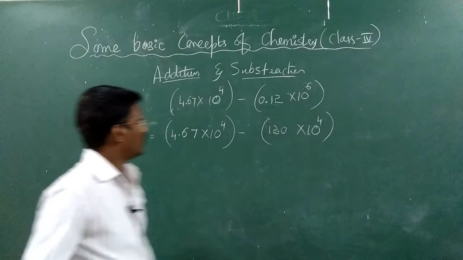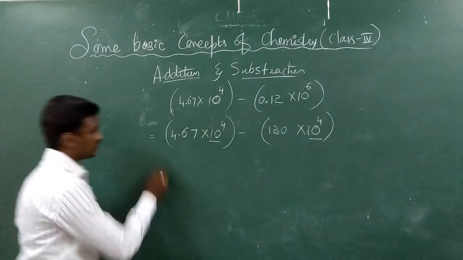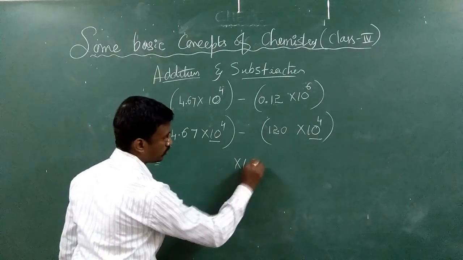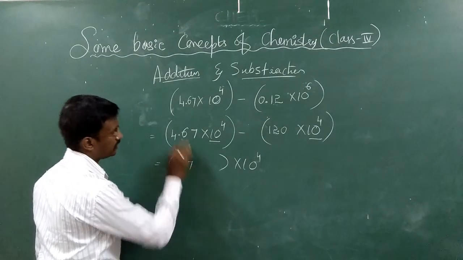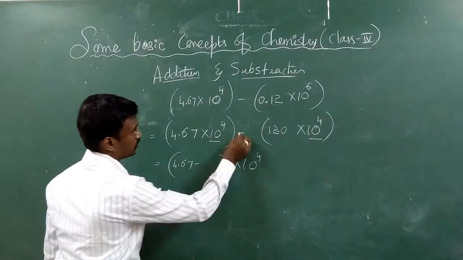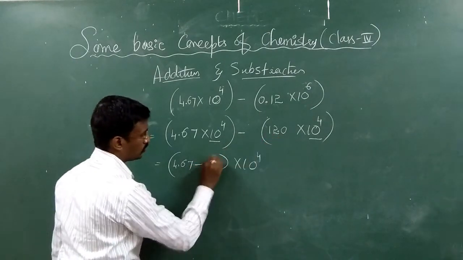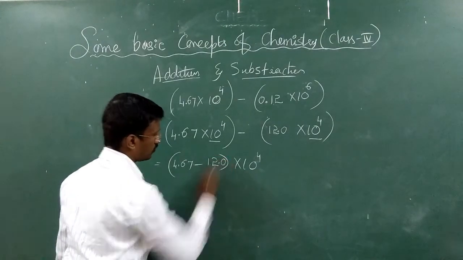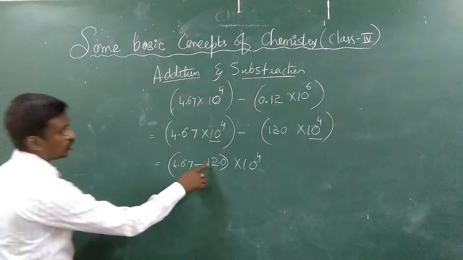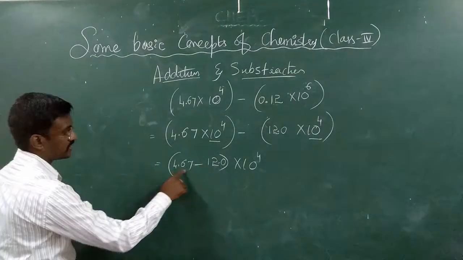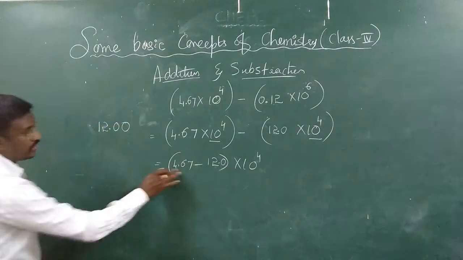These two are set. Now it is clear that 10 raised to 4 and 10 raised to 4 are the same. Therefore, we will take the common 10 raised to 4 and do 4.67 minus 12.0, or 12. Here it is minus, which means we have to do the subtraction. 12 is a greater number than 4.67. Therefore, first I will write 12.00 and below I will write